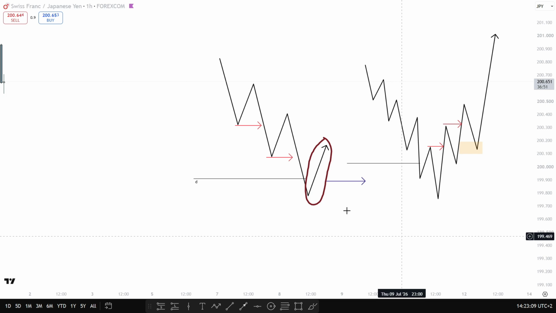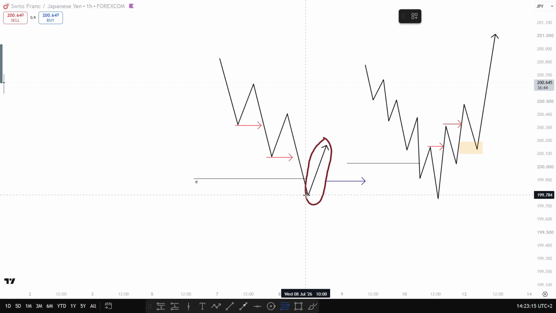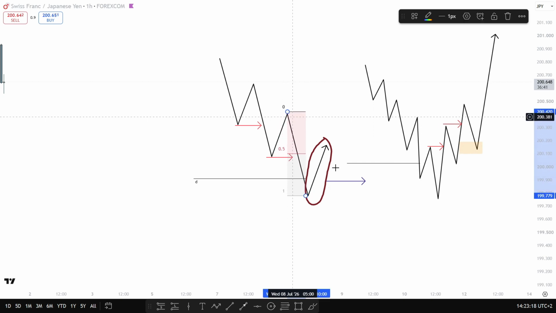Okay, so we also need to understand that when it comes to counter trends, we always want to remember that we are not targeting the highs per se. What instead we're targeting is PD arrays near this 50% zone right there. So this is where we should be targeting. Okay,